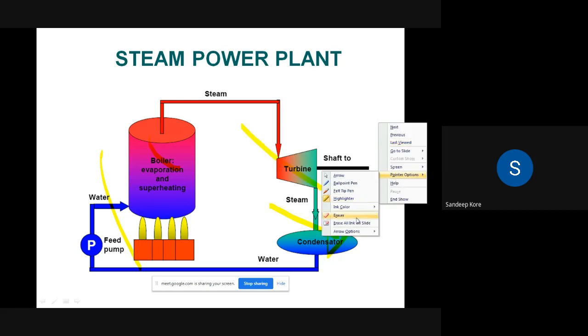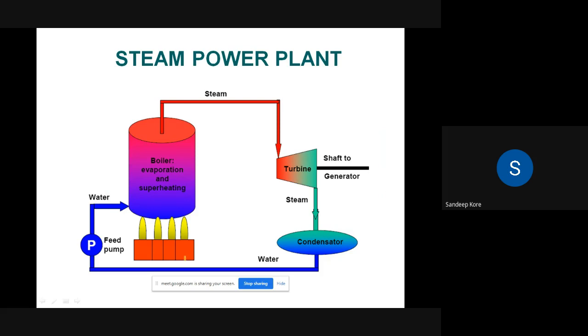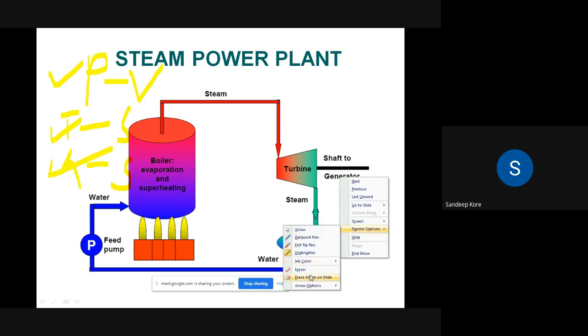So these are the four components involved in this particular vapor power cycle. Whatever is happening in this thermal power plant or steam power plant, we are going to represent on three diagrams. First one is PV, second one is TS, and third one is HS. These three diagrams we have to plot to know this vapor power cycle.